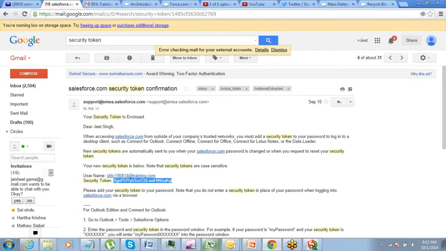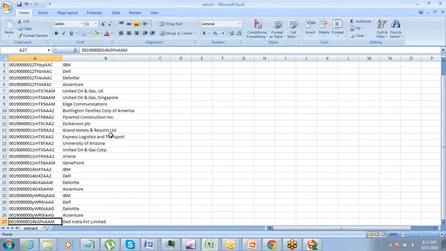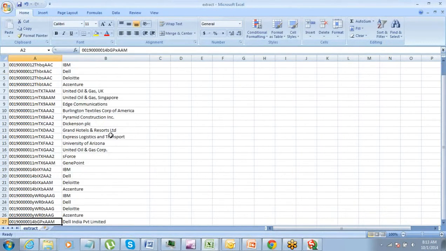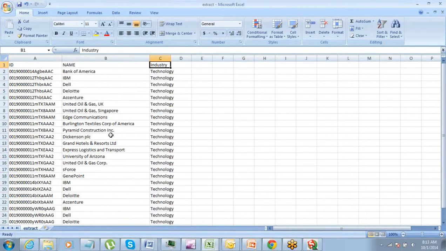I already have this file, so I'll go and open this. Let's say for these, I want to update the industry for all these records, right? I want to update industry for all of them to technology. Alright. So what is required?